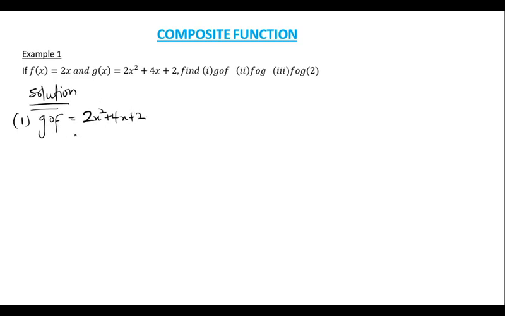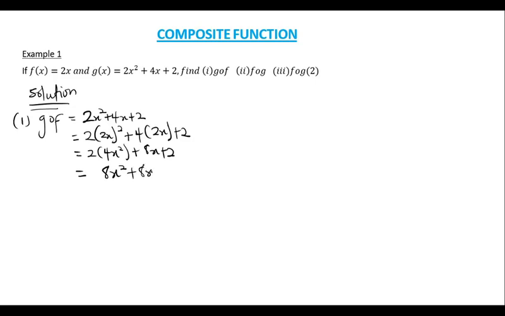So what it means here is that g of f is, wherever we see x, we substitute the entire function f of x, which is 2x, into the place of x. So we have here 2 into bracket 2x squared plus 4, then the function f, which is 2x, plus 2. Then we go ahead and simplify. So this is 2 into bracket 4x squared plus 8x plus 2. So this is 8x squared plus 8x plus 2. Alright,